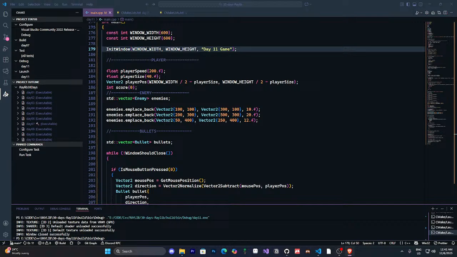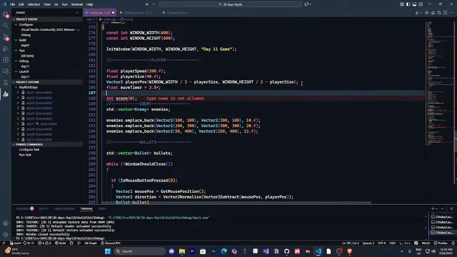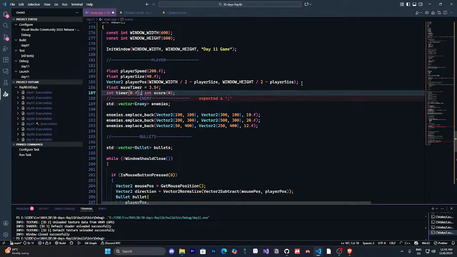Well, I think now it's time to implement the web system. For the web system, I can do it like that. Let's do it like that. Float wave timer, because let's see, 2.5, 3.5f, int timer equals 0.f